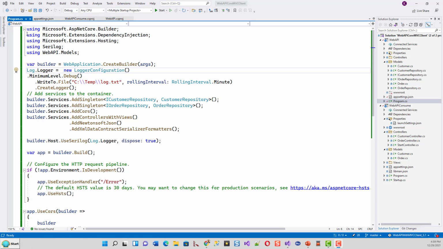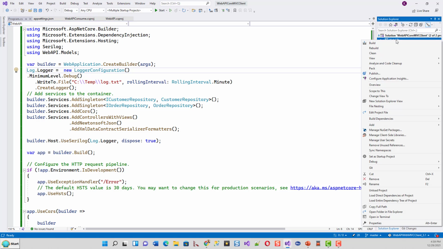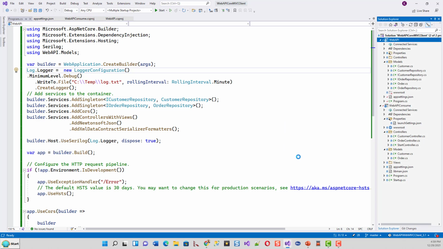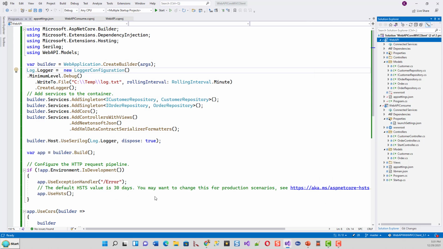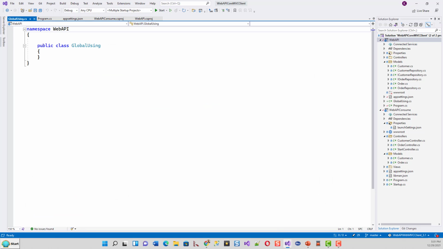Now I can further reduce this by creating a global using statements file and getting rid of these using statements in this Program file. I can do that quickly. Within the Web API root project, I can add a file, add a class, and let me create a class called GlobalUsing. In this class I'll get rid of everything,